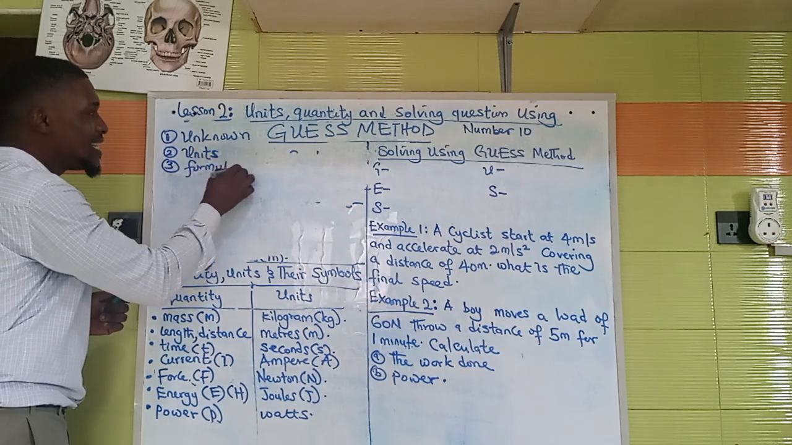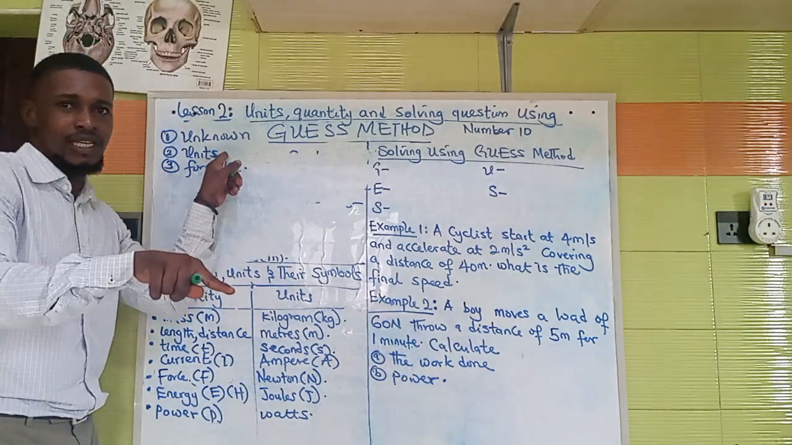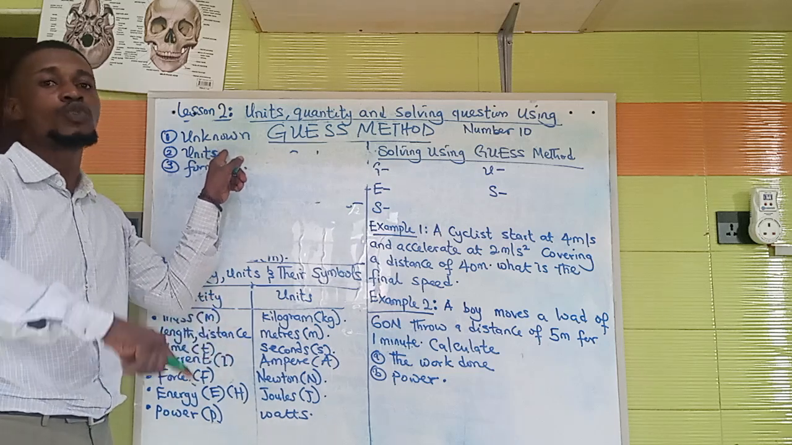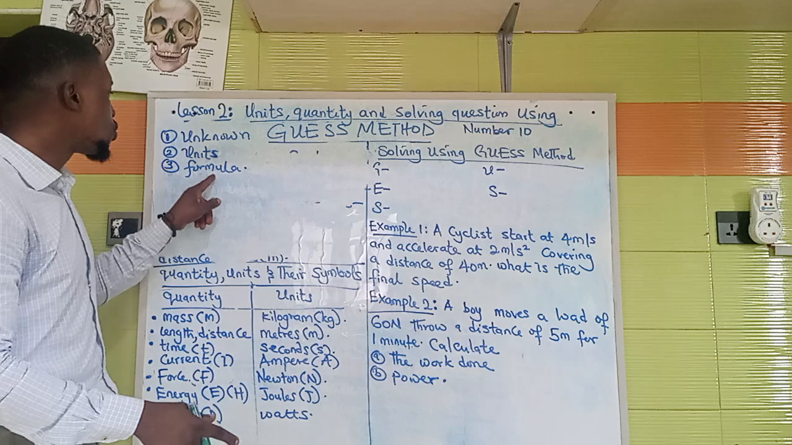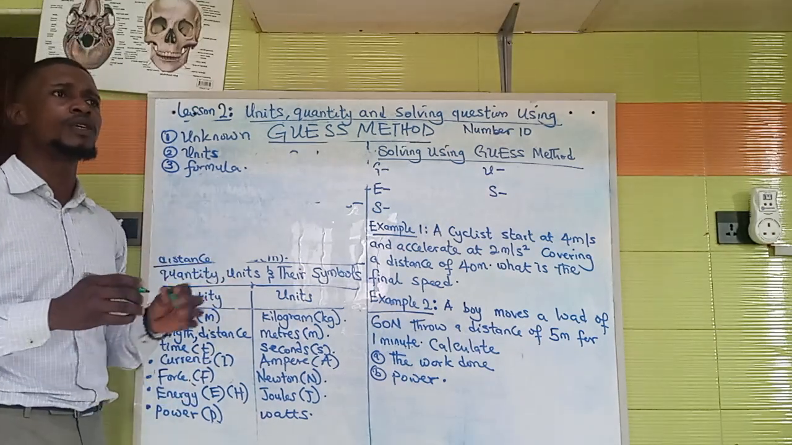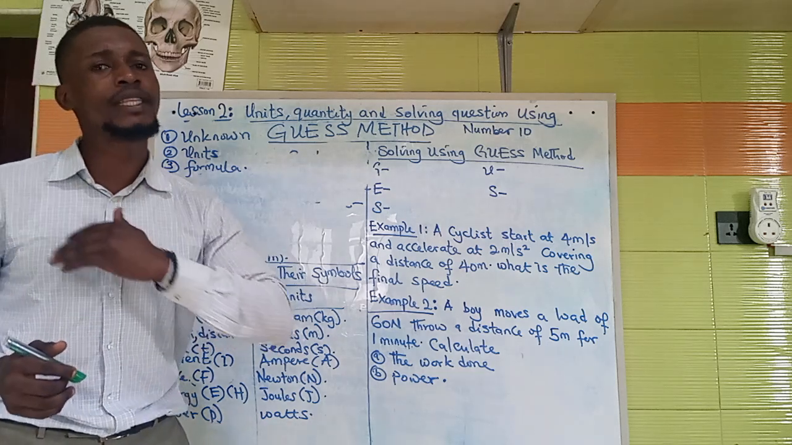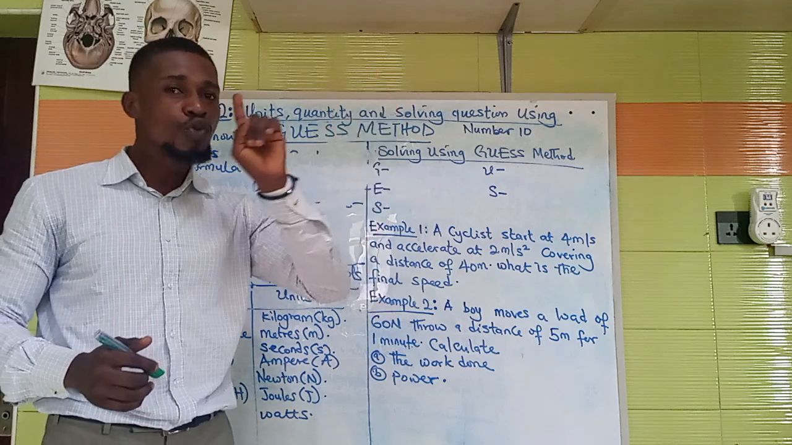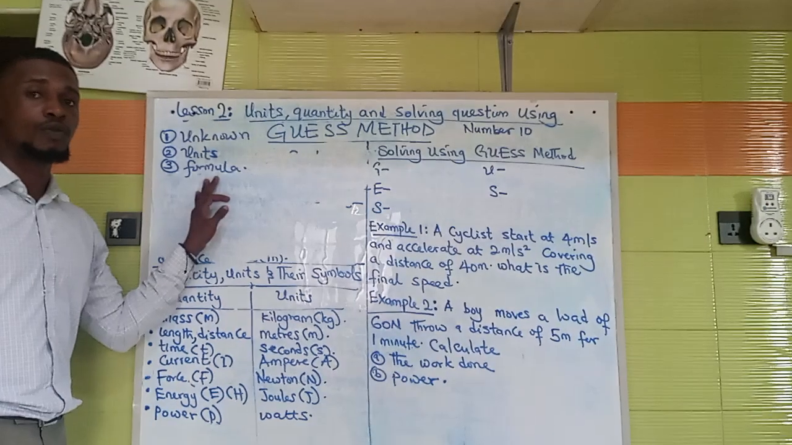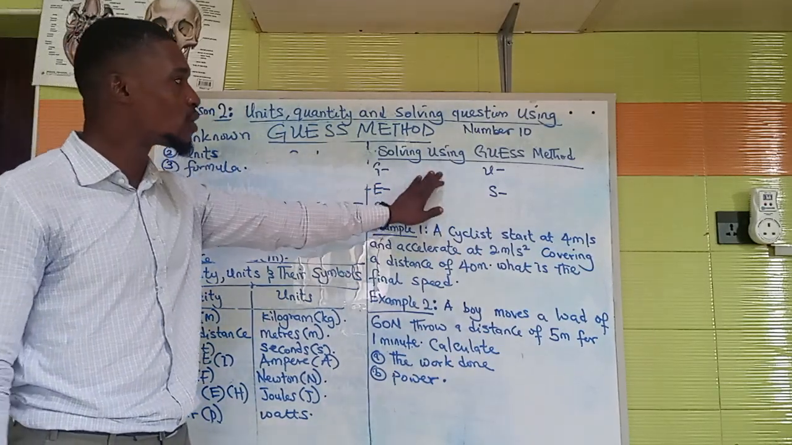If you know these three things: what you're looking for in the question, the units in the question, because if you know the units, you'll be able to identify the quantity, and also the formula. If you know the correct formula, because sometimes a particular topic can come with 3 or 4 formulas, you should have the ability to decide which formula is the correct one to use. So we are going to do all these things using the guess method. Now, the guess method,